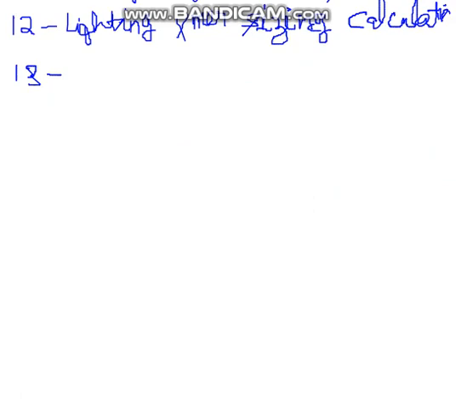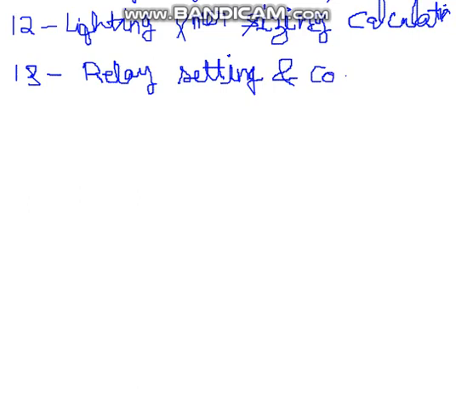Our next document will be number 13, relay setting and coordination. Relay setting and coordination means that for control switches like circuit breakers, to incorporate the circuit breaker with a relay we do relay setting and coordination with the circuit breaker, and we give some signals to the PLC also for online operation.